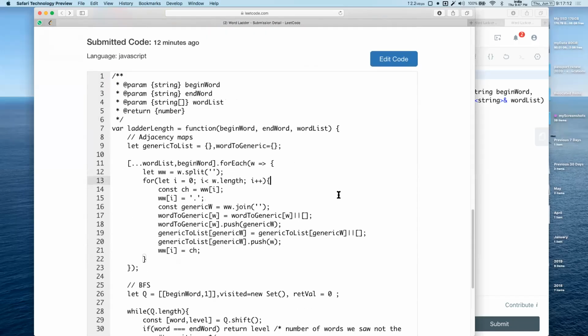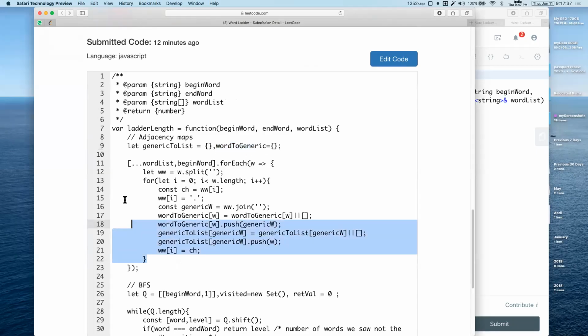So that is what I was saying. Basically there is a mapping from a word to its generic parts. So for example, DOG will give 3 generics, and from each generic to a word list. That way, that is where the connections are.